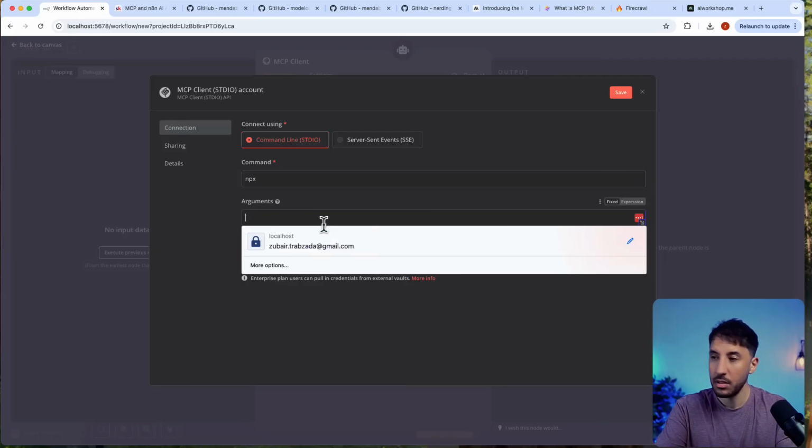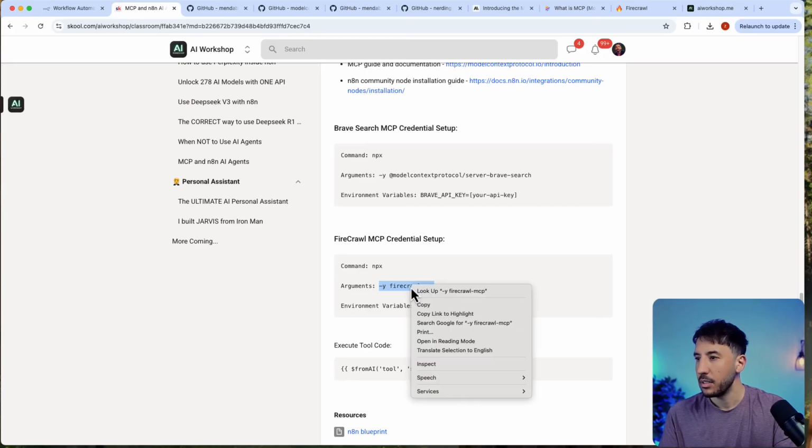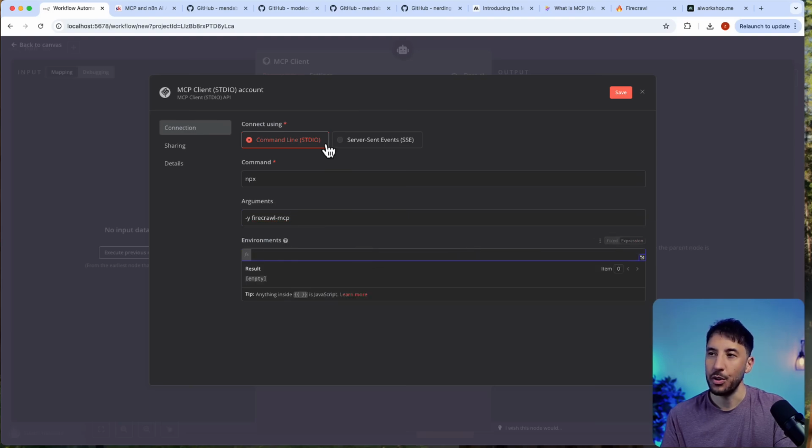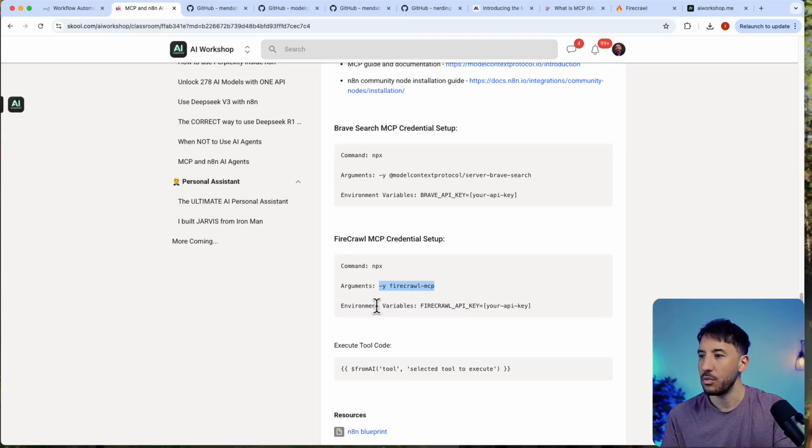Go back. I didn't copy it properly. Copy Firecrawl MCP. And now for the environment, this is where you need to actually put your API key. If I go right here, as you can see, environment variable, it says Firecrawl API key equals your API key. So if I just copy this,